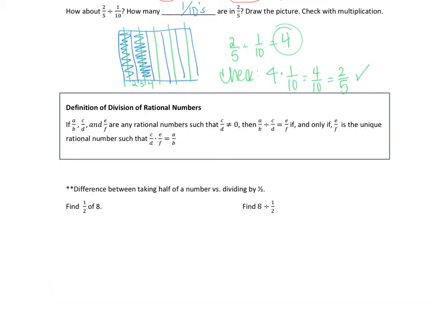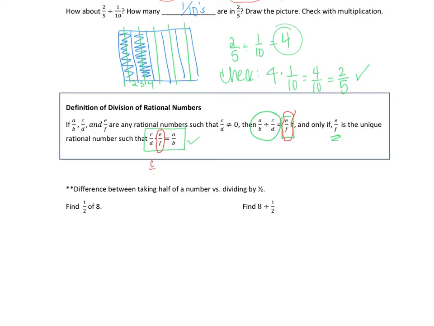So the definition for division says that if you're going to take A/B divided by C/D, the only way we'll equal this E/F is if E/F is the unique number that when you multiply it by C/D, you get A/B. So we're just kind of doing it by checking our multiplication. Now I do want to point out, and it's going to be further ahead too, but we'll see it here as well. If we were trying to figure out what is E/F, what is the answer to that division problem,